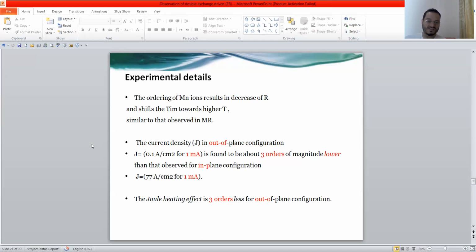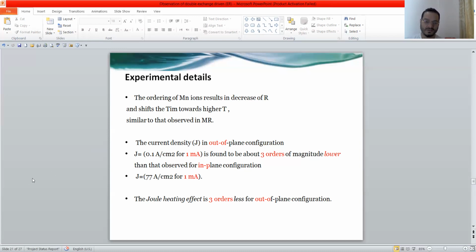And the density in the in-plane equals approximately 77 amperes per square centimeter for the same current applied. The Joule heating effect is 3 orders less in the out of plane configuration, because in out of plane configuration we're dealing with